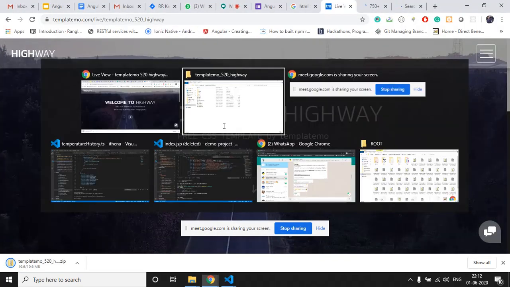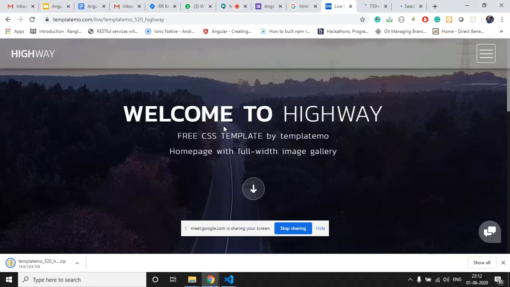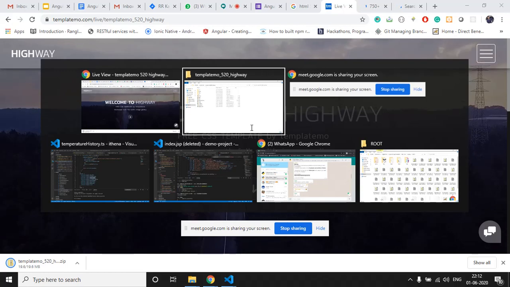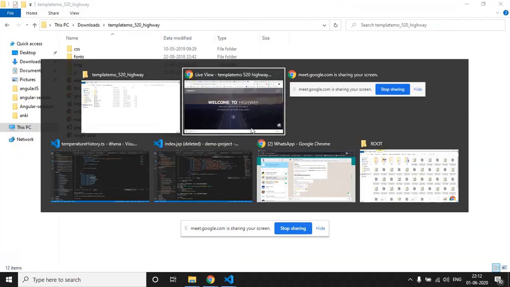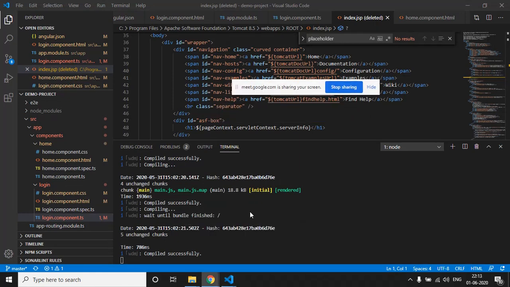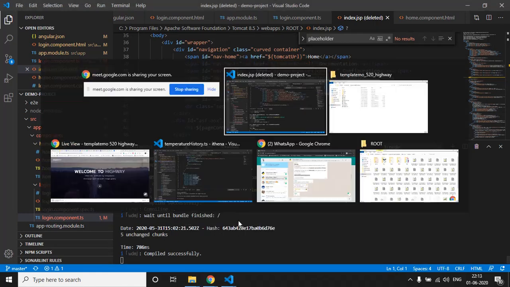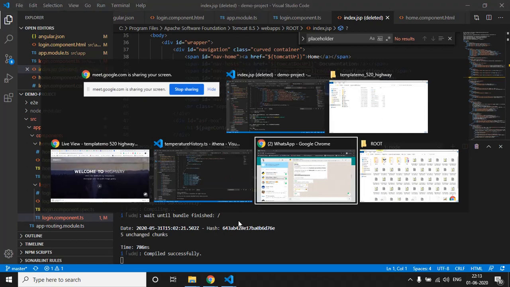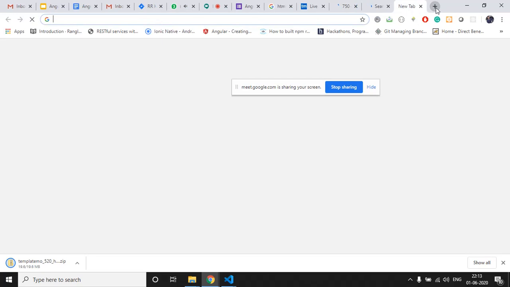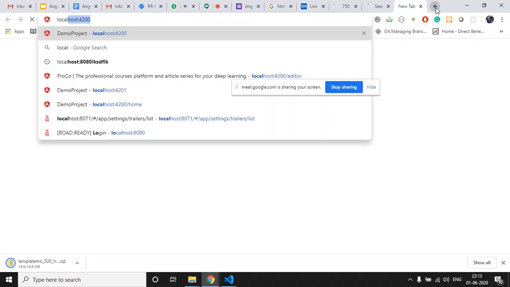Now what we have to do is integrate this template into our Angular application, right? So we will go to the Angular application that we have created. This is the Angular application we have created, and it is compiled so that we can see it in the browser on localhost 4200.